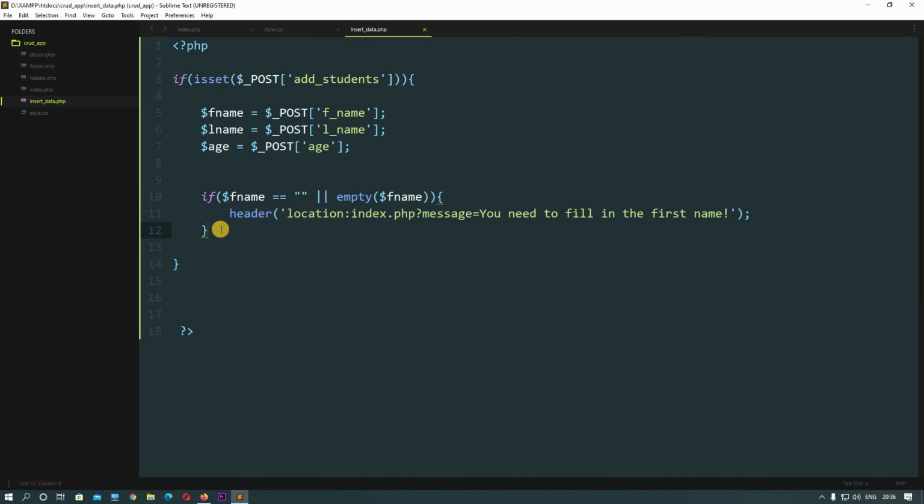And if everything is alright, if the variable holds some good data, then we need to perform the actual insert function. So let's do that, but we will not do that in this lecture because this lecture has already become a bit long. So I will do it in the next lecture.